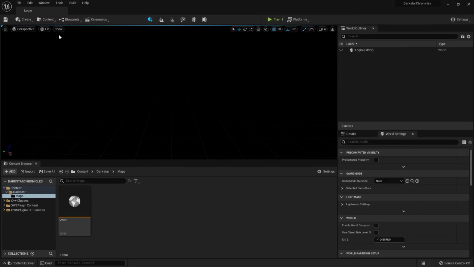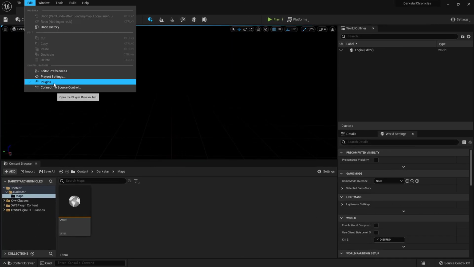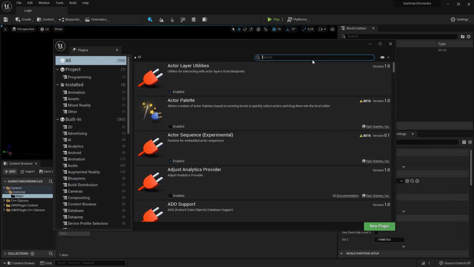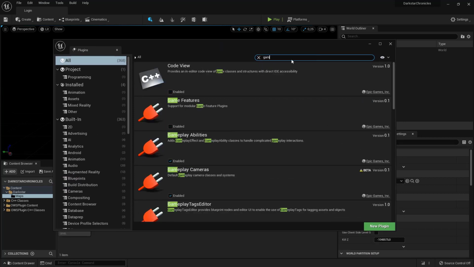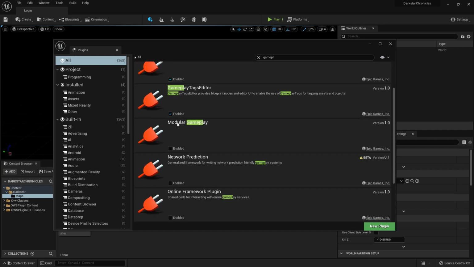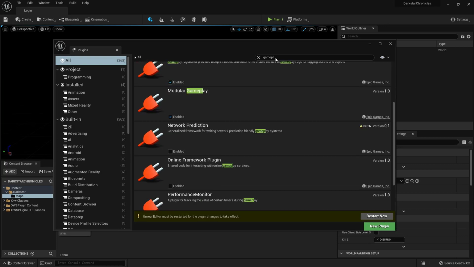So in Unreal, let's go to Edit, Plugins, and let's look first for gameplay, or type in gameplay. So we need, it seems like it's enabled, the gameplay abilities. Make sure this one is enabled. Gameplay text editor. Then select modular gameplay. Then